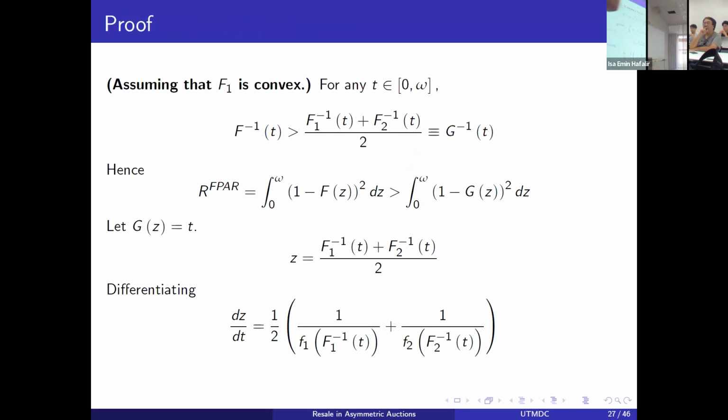I think I have only 30 minutes, so maybe I may skip this, but this was one of the earliest, in the first couple of months, we were able to show that when F1 is convex, then this nice inequality holds. Okay, and then you substitute some things, you change the variable to be a z,